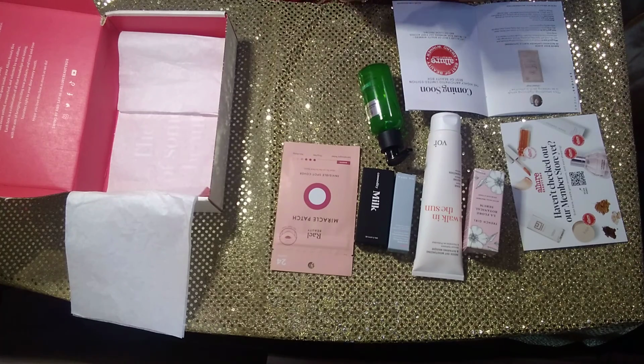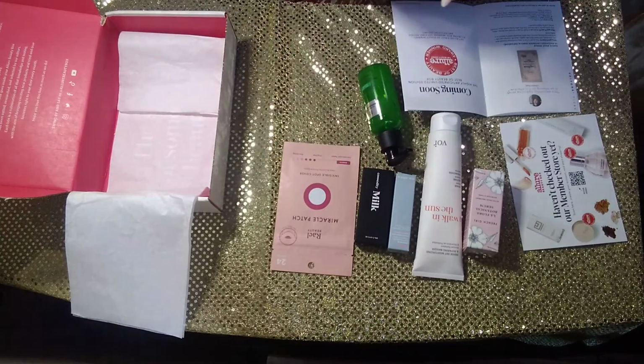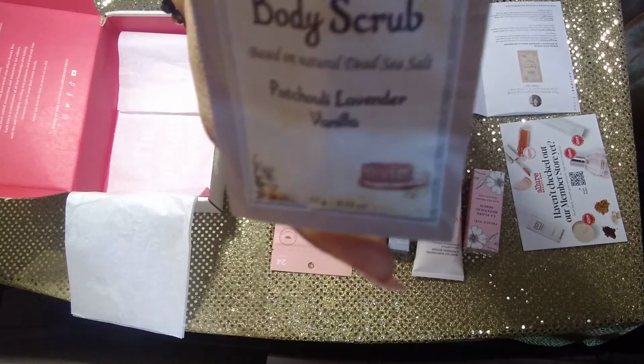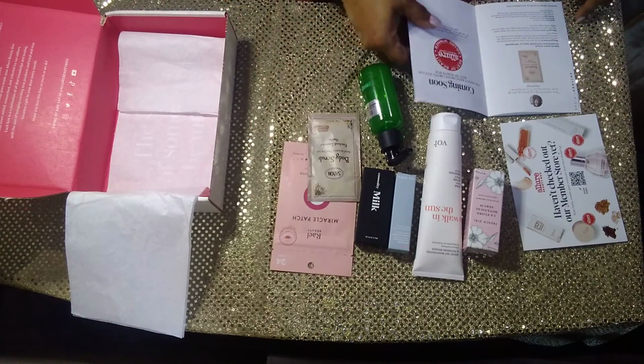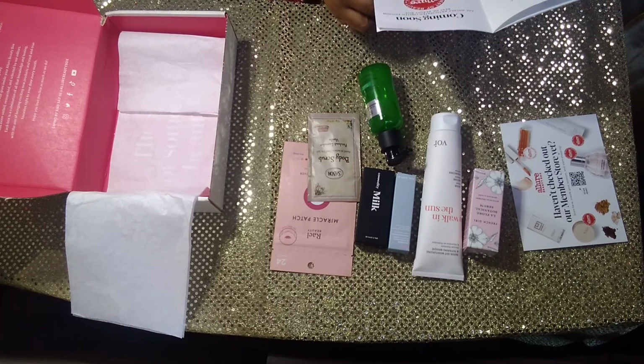That's really good. It's like sea salt from the, what is it they call it? The Dead Sea salt. Okay, it's supposed to be really good for your skin. That would be like polishing for your skin, make your skin very soft. It says this scrub